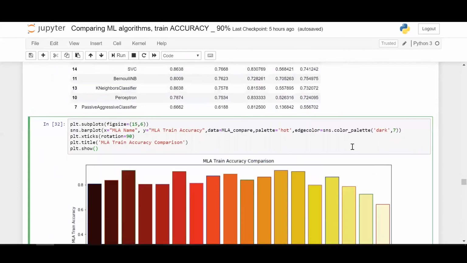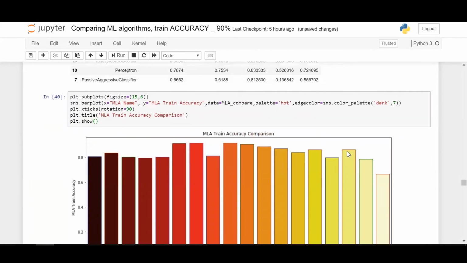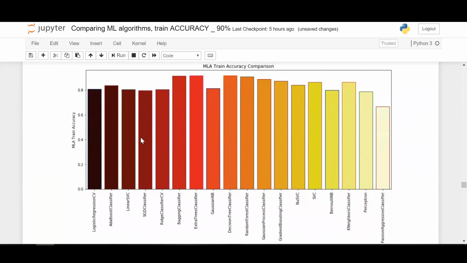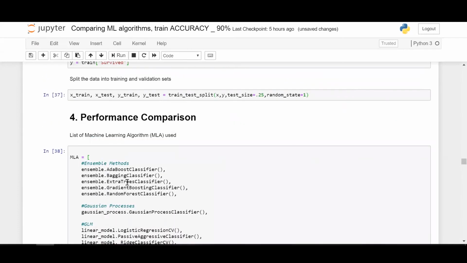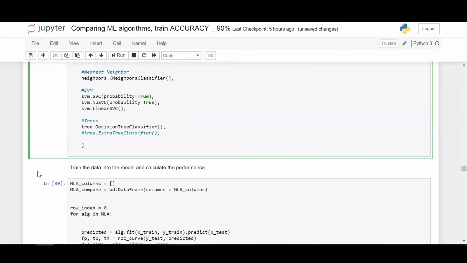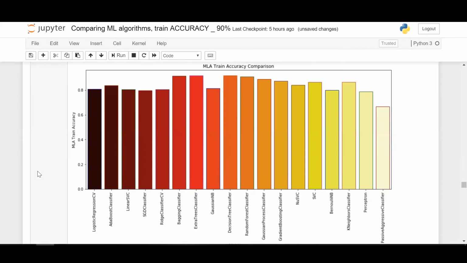So now we're just plotting the accuracy in a chart, basic visualization using Seaborn. So in this chart, which one do you think has the highest train accuracy? The extra trees comes under ensemble, if I'm right. Yes, here. So it's pretty similar to that of the random forest algorithm. Let's also see the random forest result, because decision tree is also quite good as extra tree, and random forest is slightly lesser than decision tree in this data set. So decision tree, extra tree, and bagging performed the best under training accuracy.